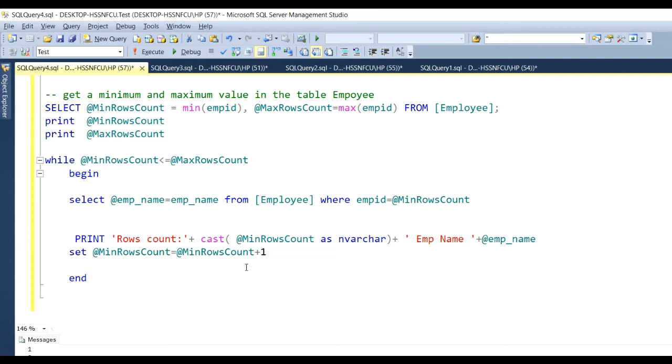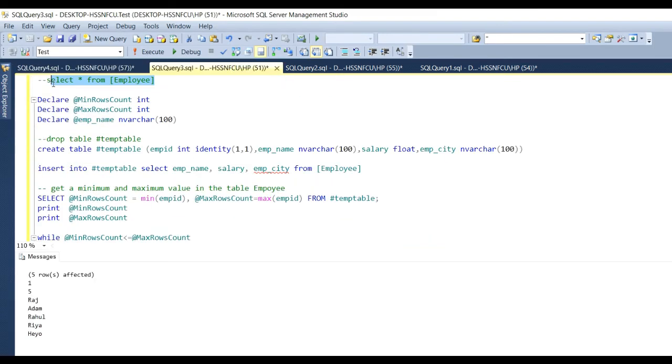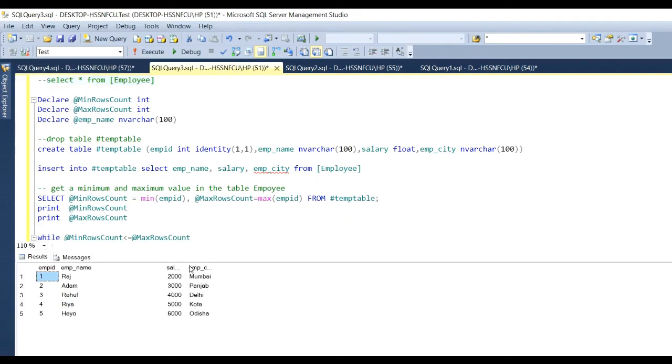Now there is one scenario, like say select star from employee. Here you can see there is an identity column employee ID, and employee name, salary and employee city. Say there is no employee ID in this table.